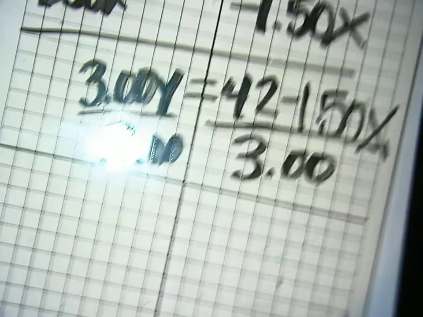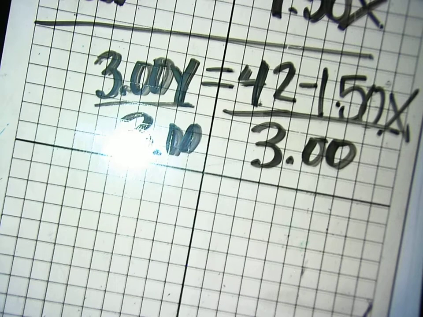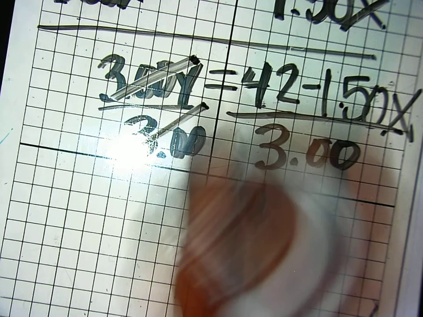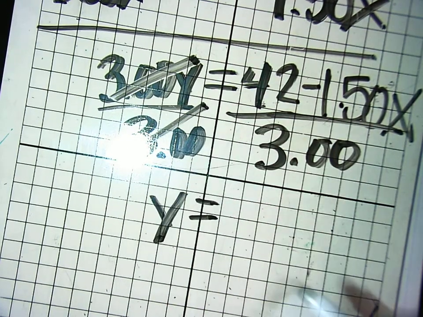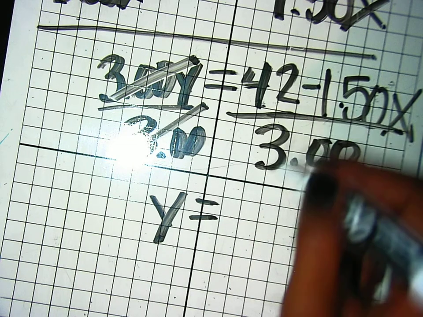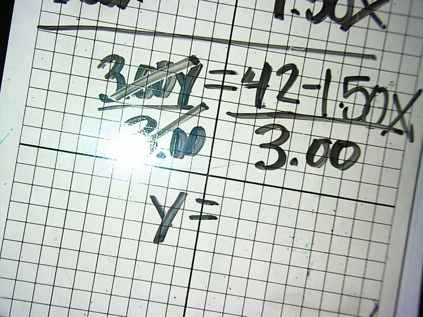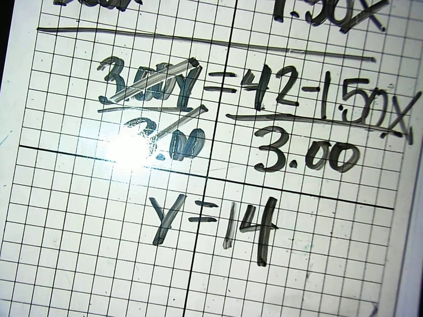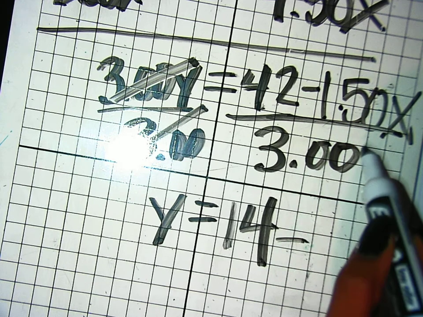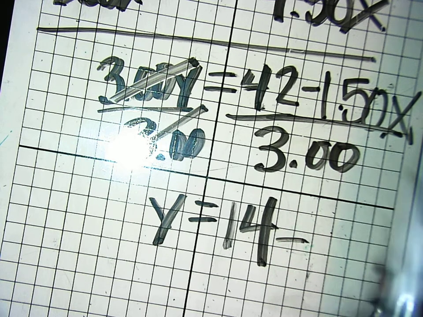So 3 divided by 3 cancels out, so you're left with Y on this side. Y is equal to, now you can leave it just like this. There's no problem with leaving it like that. Being that we're dealing with money, if you want to simplify that out and write it as a decimal, you can. I don't necessarily know what that is, so I'm going to use my calculator. 42 divided by 3 is 14. I should have known that. It's okay. 14 minus, now here, 1.50 over 3, I do know what that is. That is 1/2